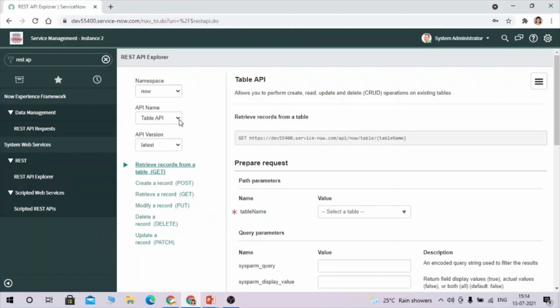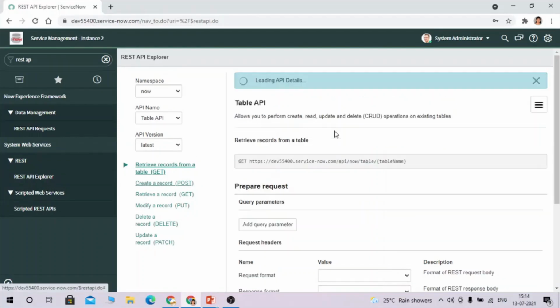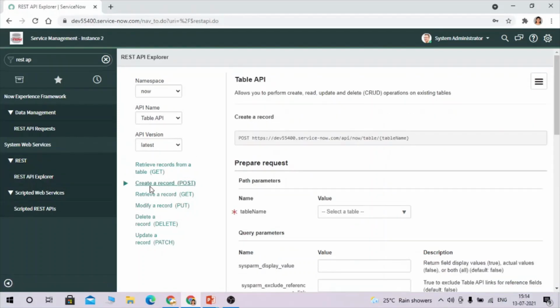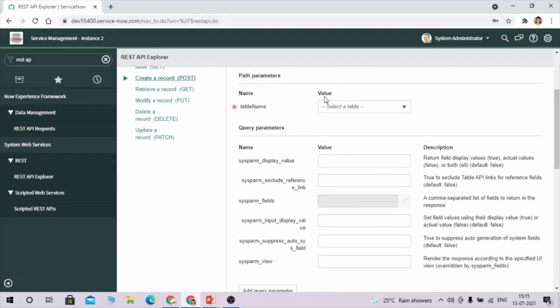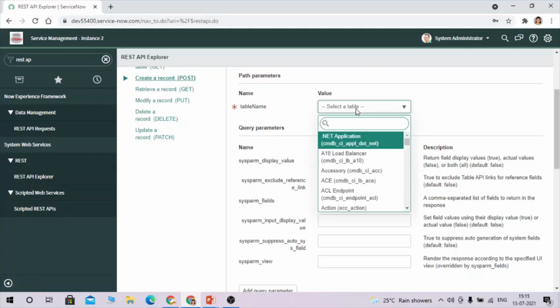First I'm going to create an API. I need a create-a-record POST method API, because once I create an incident in the source system, it has to be created in the target system. That's why I've selected the create-a-record POST method, and here I need to create this API on the incident table.